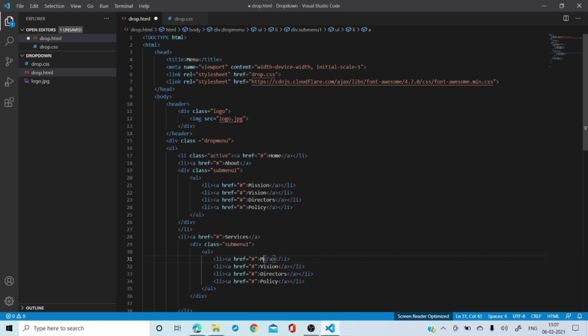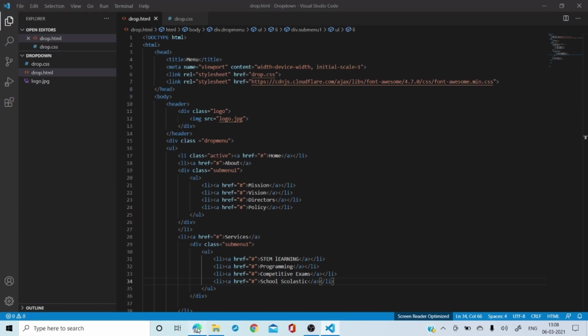So maybe you can say STEM learning, okay, and programming. What else can I say? The other services which I give are competitive exams, and the last is school scholastic. So these are the services which I provide.